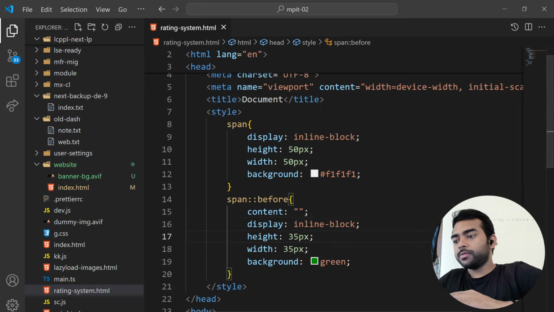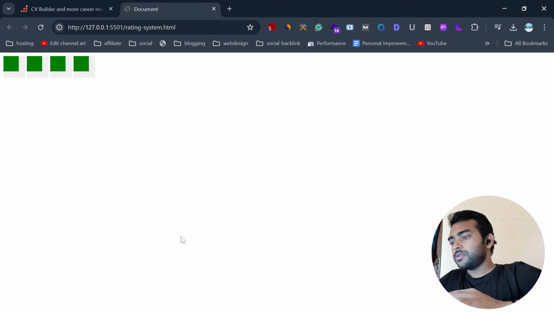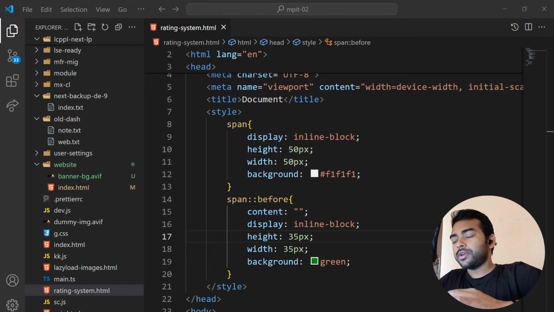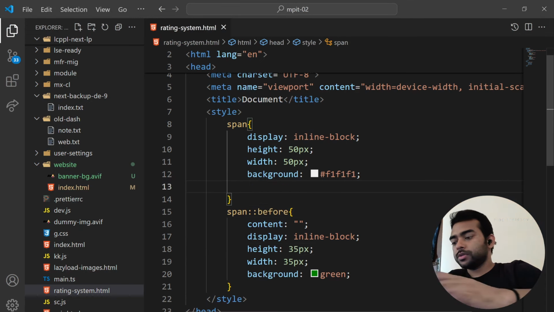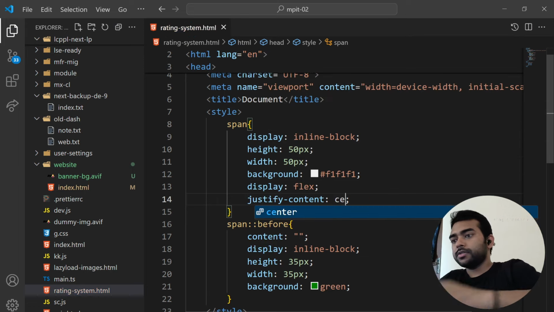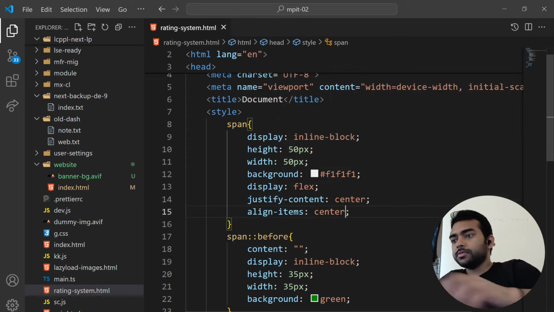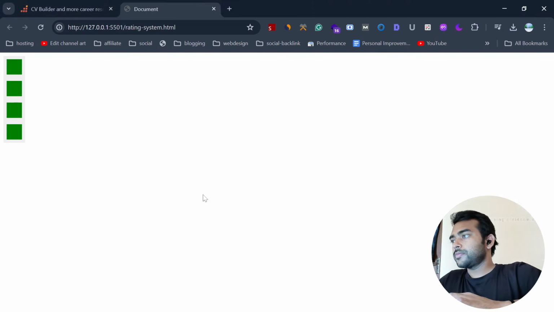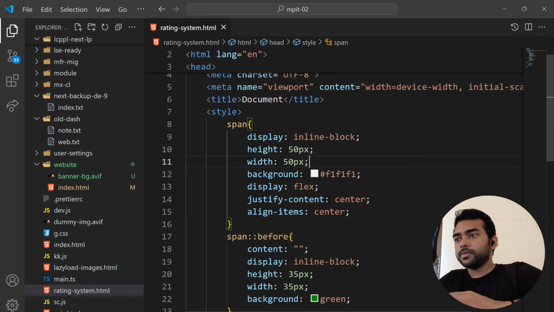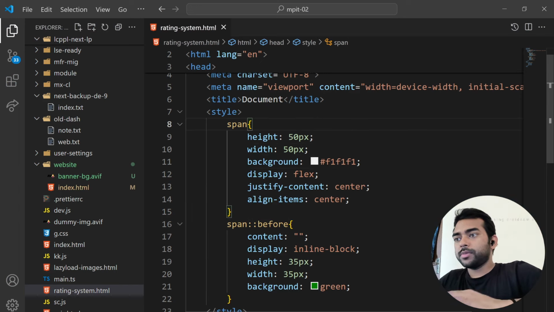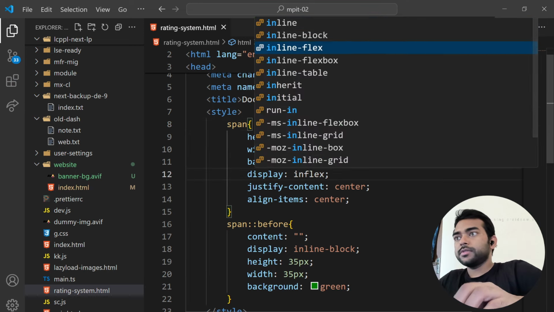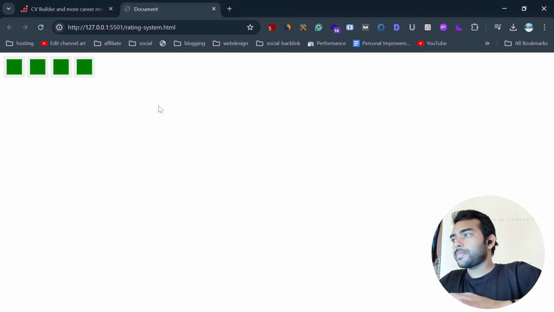And we have to make it absolute to make it in center, or we can use display flex, justify-content center and align-items center. Okay, here I have to make it inline flex. So now we can see the star container is centered, and now we have to clip this green background into